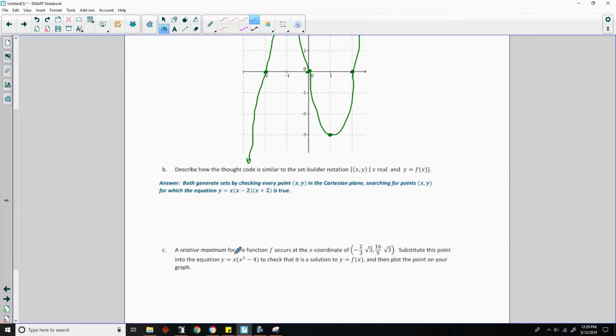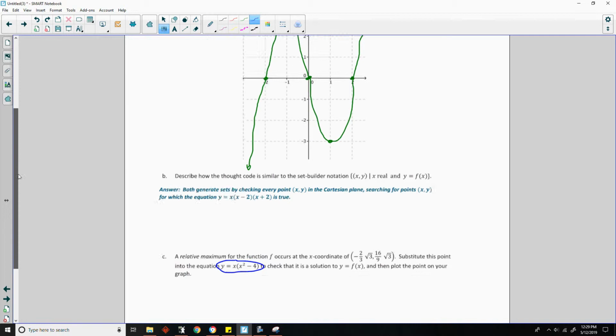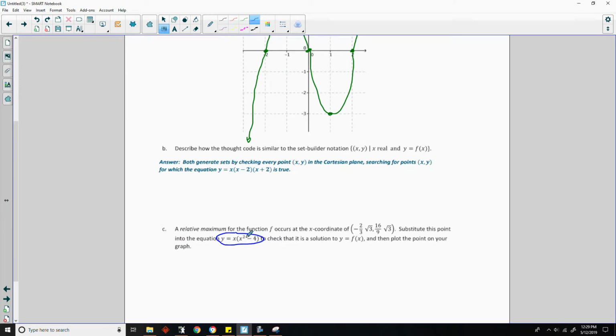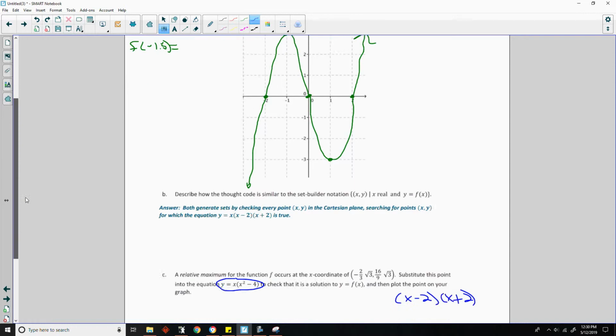Okay, and they have this. Well, what did we have? We had x times x minus 2 times x plus 2. Well, x minus 2 times x plus 2 is x squared minus 4. So x minus 2 times x plus 2, with this x in front that we have here in our original